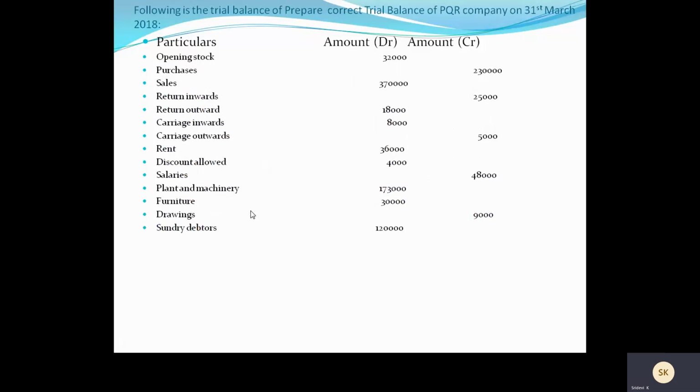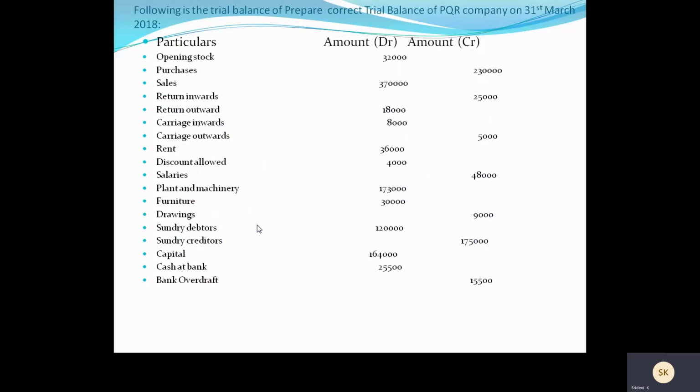In such a case, we are going to once again verify the totals, and once again verify whether the amounts were wrongly written or not. If there is still a difference between the debit amount column and the credit amount column, we are going to show it as a suspense account, because we don't know which item was missing in the trial balance. We will show the amount that is the difference between the debit and credit as a suspense account.